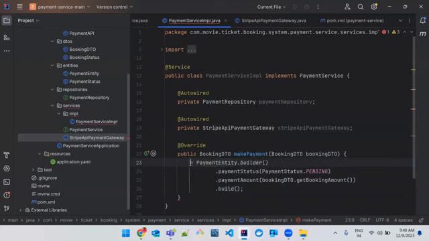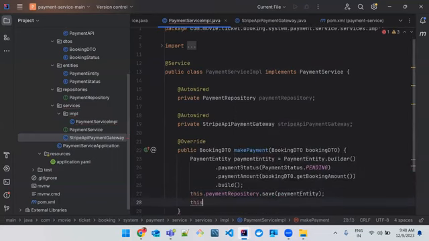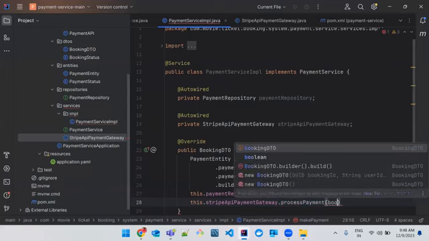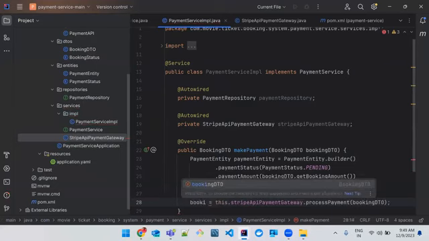So we'll just get this payment entity, and we need to use this dot payment repository dot save of the payment. Okay, and we need to pass the payment entity. That's it. Now here I need to make a call to the Stripe payment gateway dot process payment, and I need to pass the booking DTO. Okay, so once the booking DTO is passed, then probably I'll get the booking DTO back,